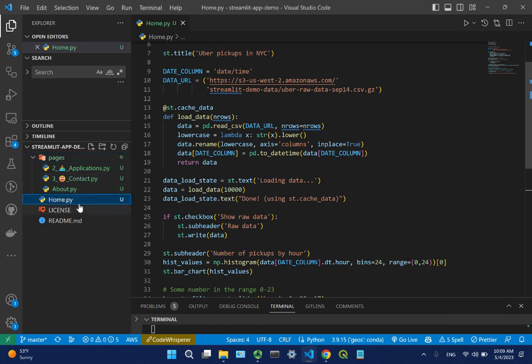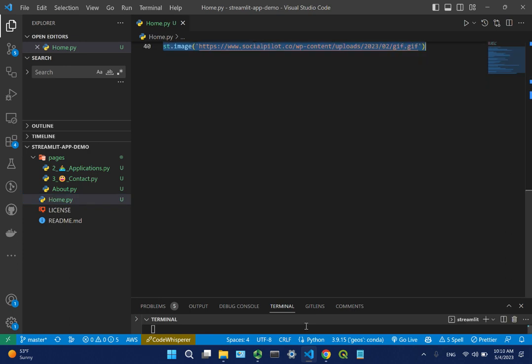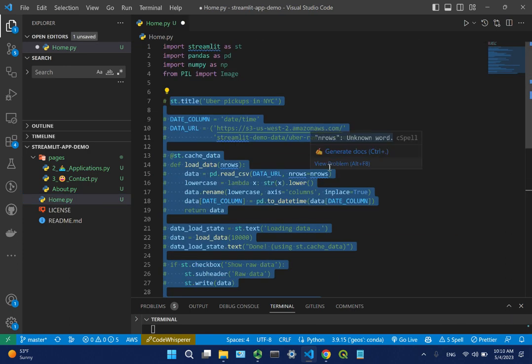On your homepage, usually you want to have something basic. Don't have computation-intensive stuff, because if you saw earlier, it's running, it takes a while, it's not good. So you want to have something loaded very quickly on your homepage. So for this one, I will just comment out all my stuff in here. And then I can just use